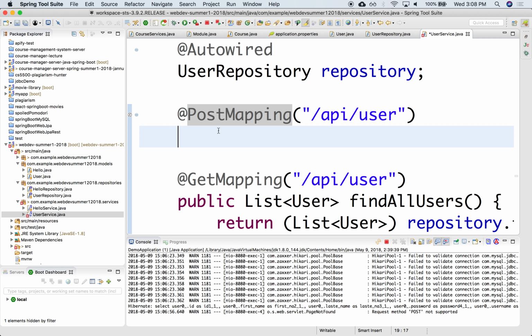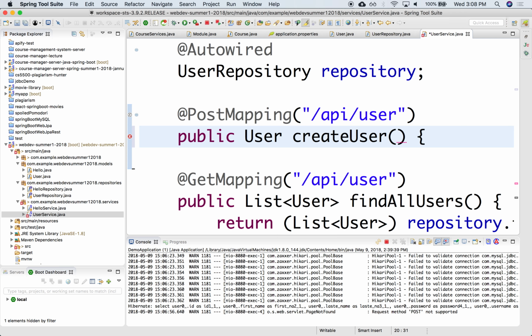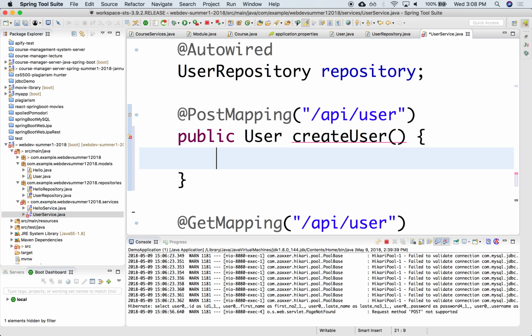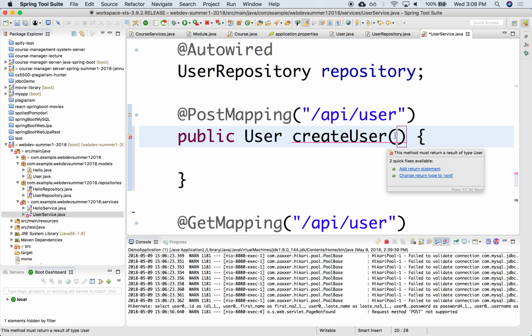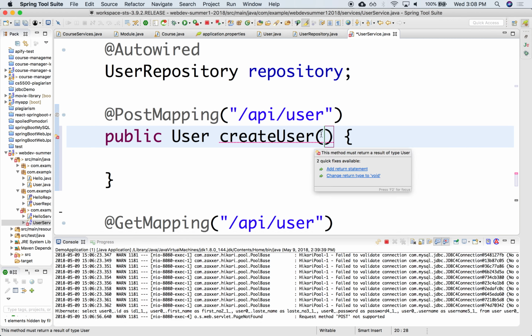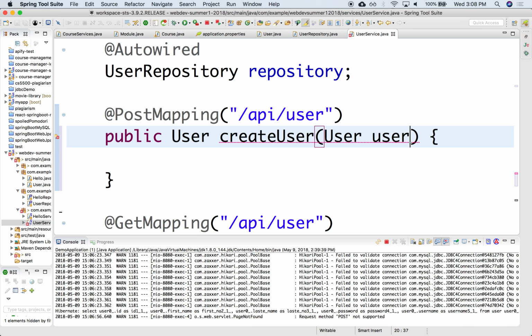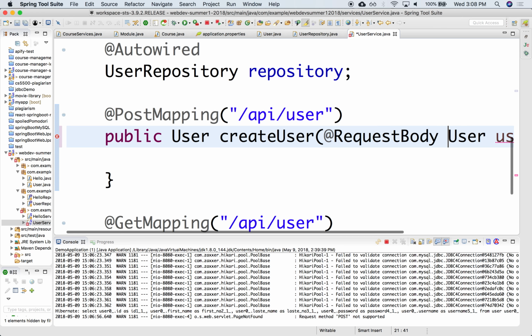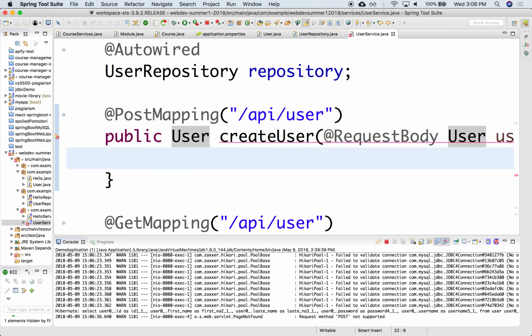Import, and we'll do a public, and we're going to return the user object that we're going to create. We're going to say create user. Notice I'm using the same exact naming convention from the client so that I can keep it straight in my head. And this is going to have to parse the JSON from the body of the HTTP request. So here's the user object, right? We're going to parse that from the request body, and it's going to convert it into an object instance. And then we're going to use the repository, and